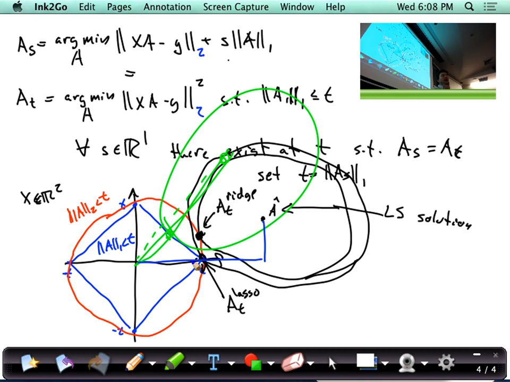And that means my restricted ball has to grow to include the solution. If I get a solution for a value of S that's larger than 0, it's going to be biased towards being smaller. And so the larger S means more bias. The more bias means it corresponds to being restricted in a smaller space. So shouldn't that be T equals A S, or 1 over S or something like that? Yeah,